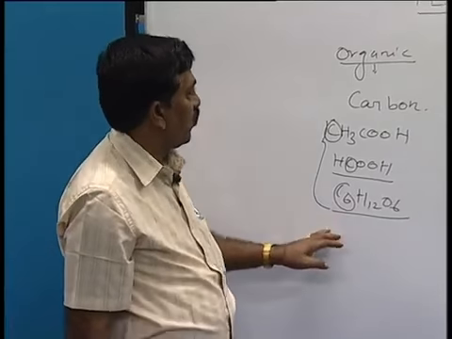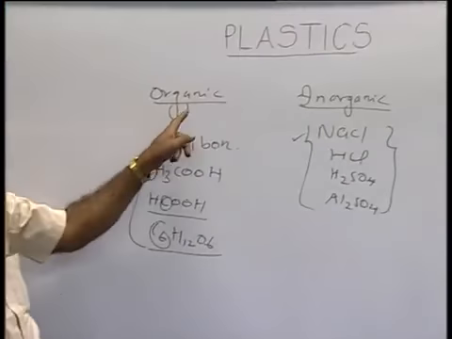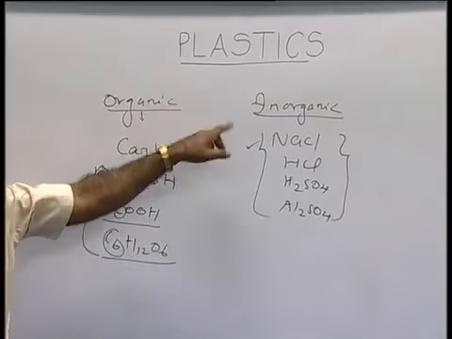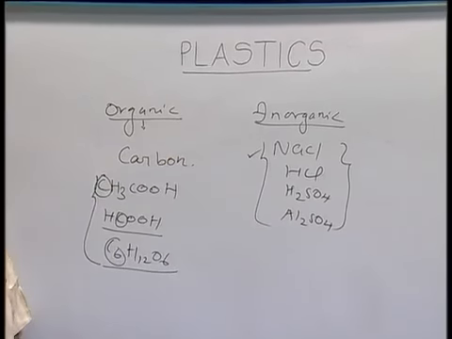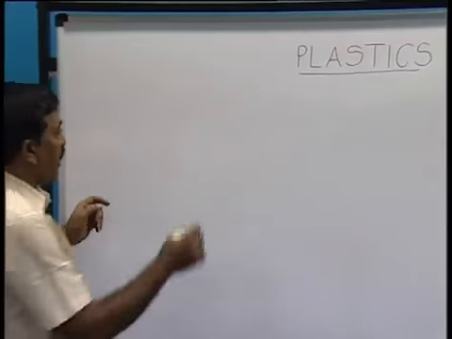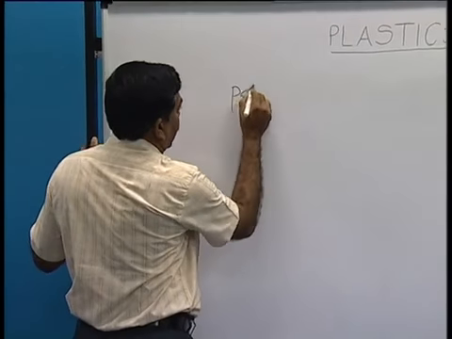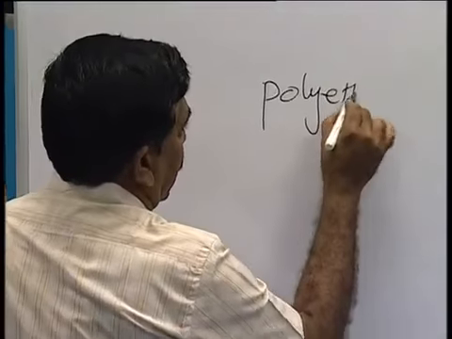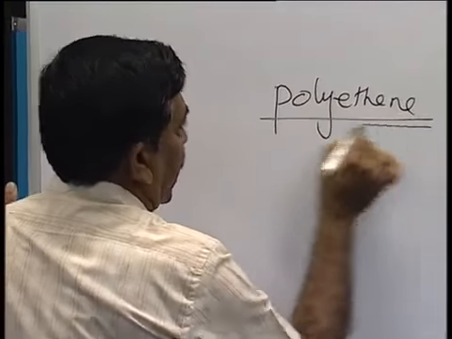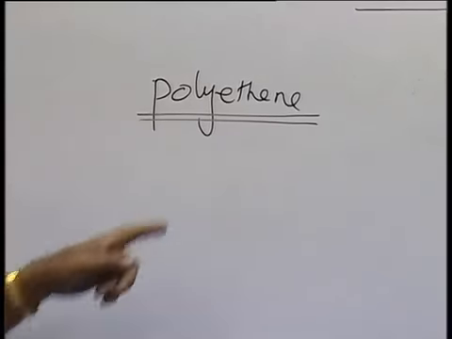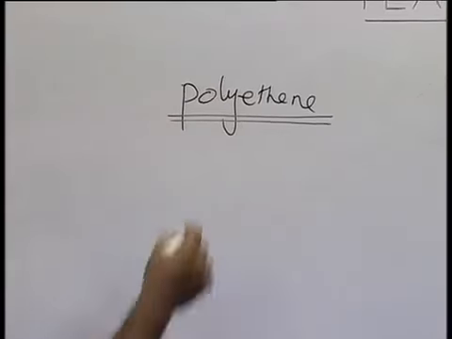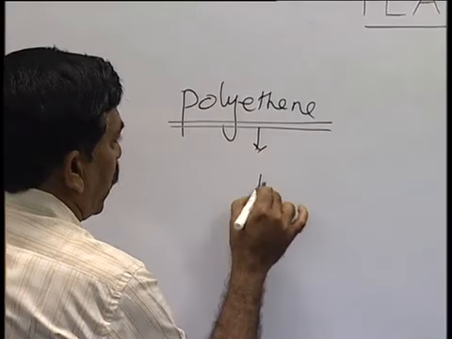So now we will switch over to the plastic. Plastic is an organic high polymer. So I will give you the examples for the plastics. So normally we are using polythene. In our day-to-day life, everyone is using the polythene. So what is polythene? What is the molecular formula of polythene? Before that, you must know